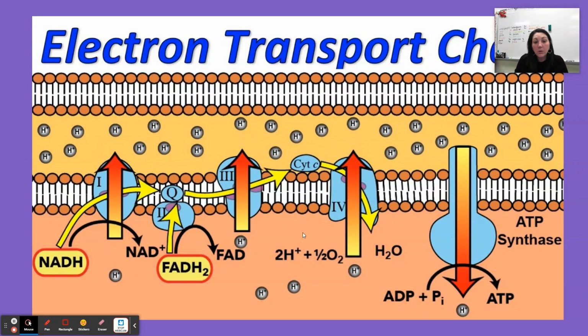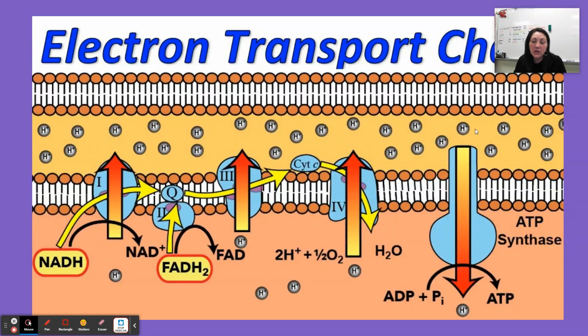So if we don't have oxygen, the electrons don't get dropped off, the hydrogens don't get pumped up, and the whole system shuts down, which will also inadvertently shut down the Krebs cycle. So again, you cannot get into the mitochondria without oxygen. So at the end, when we've joined our electrons with our oxygen, we've made water. So now the electrons are chilling with the oxygen, and we're left with this high concentration of hydrogen ions on the other side. So after the electron transport chain, what's going to happen is chemiosmosis, where these hydrogens, since they're